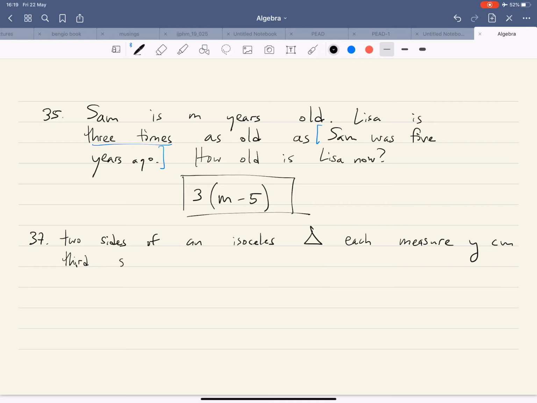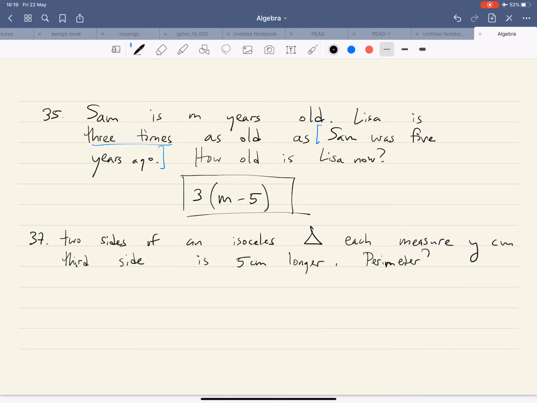The third side is 5 centimeters longer than the other 2 sides, as in 5 centimeters longer than each of the other 2 sides. And now we want to express